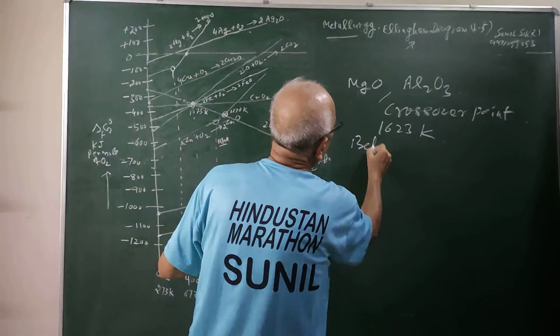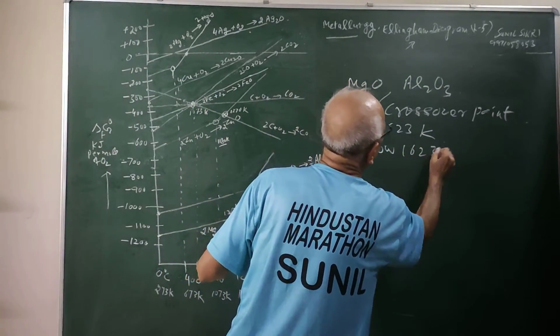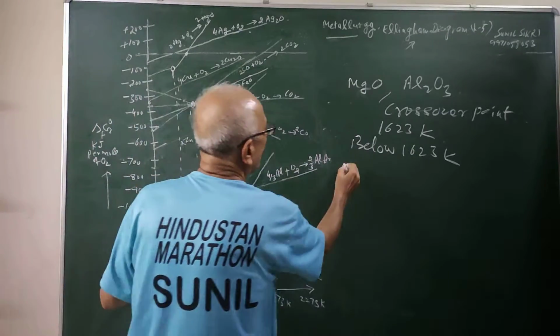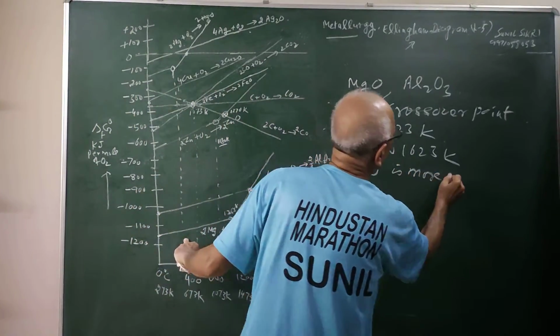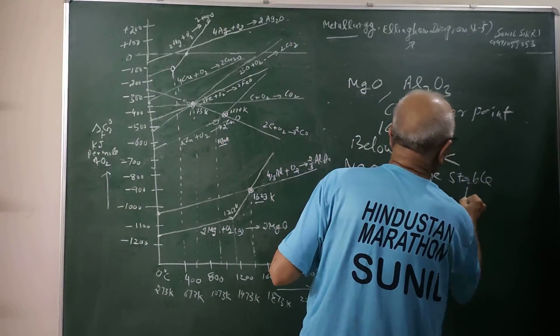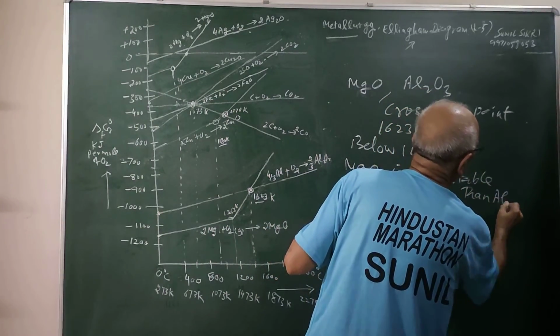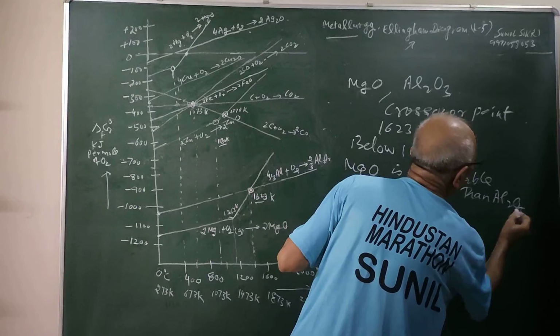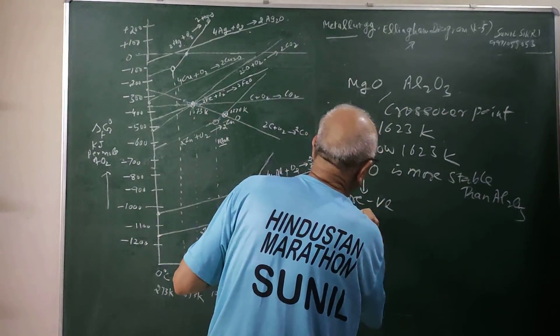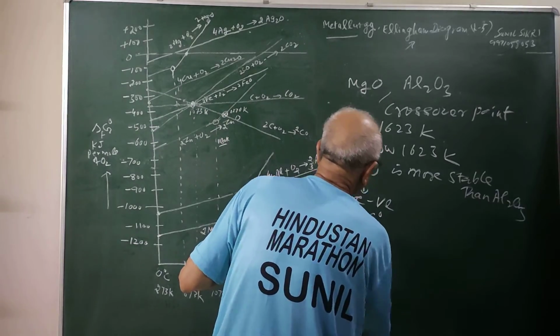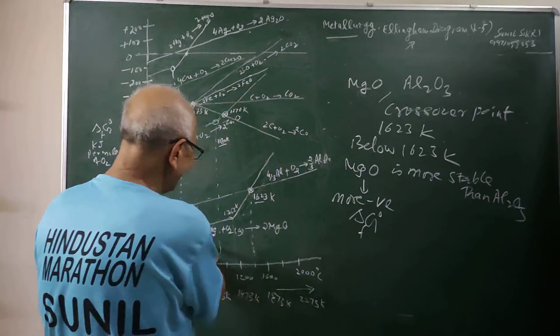So below 1623 Kelvin, below this temperature, magnesium oxide is more stable than Al2O3, because this has a more negative delta G. The value of this is more negative as it is lying at this